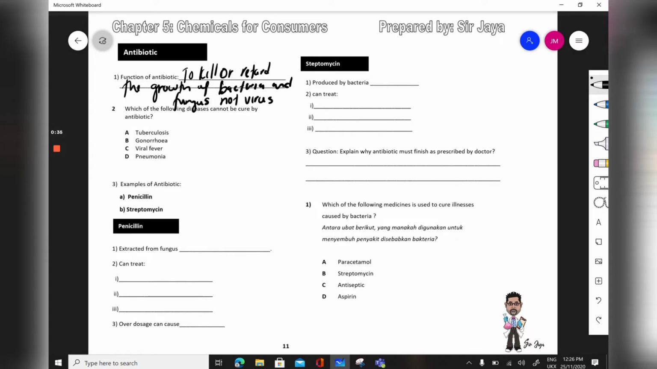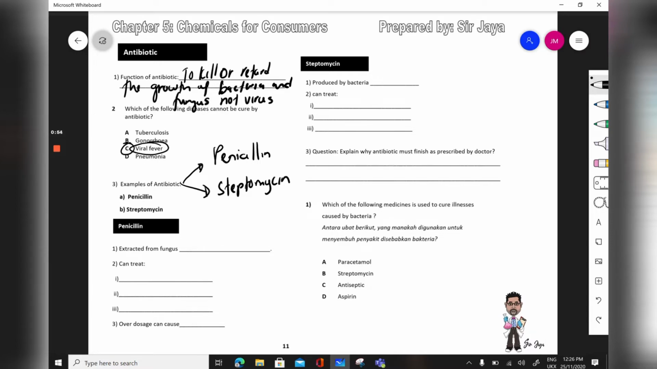Look at example number 2. Which of the following diseases cannot be cured by antibiotic? The answer will be viral fever, so the answer will be C. Examples of antibiotic, we have two. Number 1, penicillin, and number 2 is